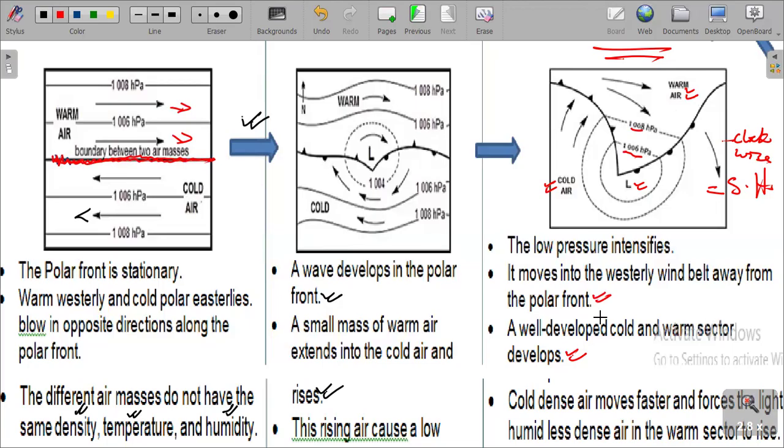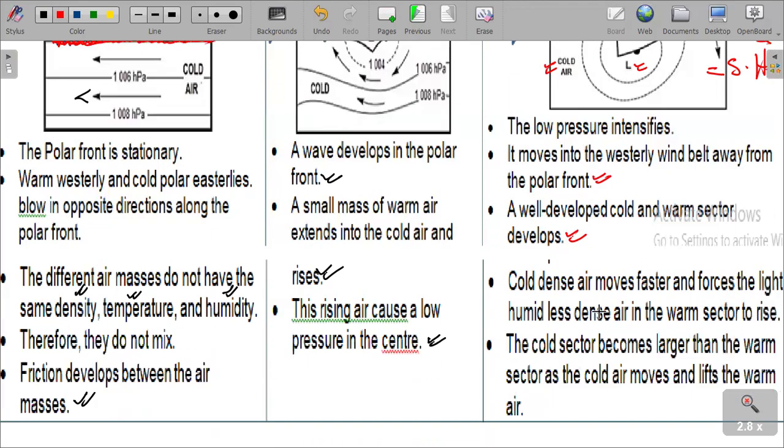The cold dense air moves faster and causes the light air to rise. The cold air moves fast, cold dense. Remember that cold air is denser than what? Than warm air. So cold dense air moves faster. It moves faster and forces the light, humid, less dense air in the warm sector to rise. The warm air in the warm sector is supposed to rise because the cold air is dense,